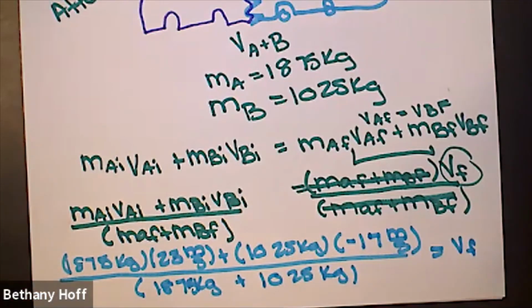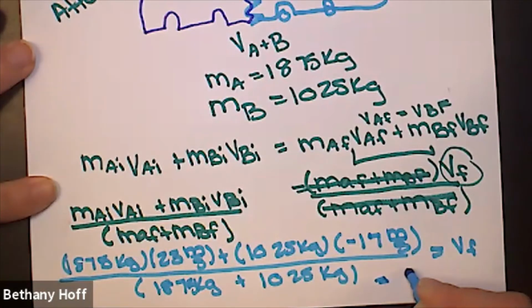Okay, so that is my work. So let's go ahead and plug this into our calculator. I got 18,075 times 23. I'm going to add that to 1,025 times a negative 17. Don't forget that negative. And then I'm going to divide that by these two masses added together. And I get my final velocity to be